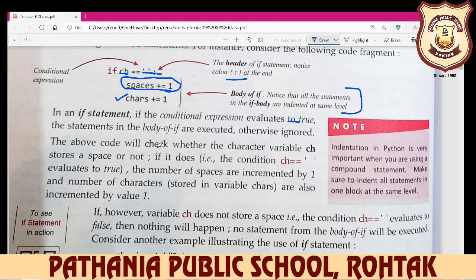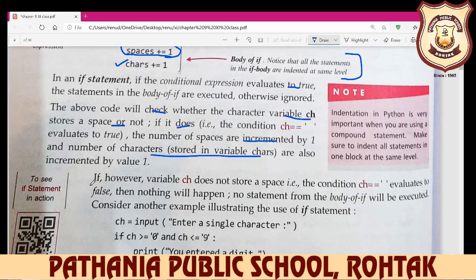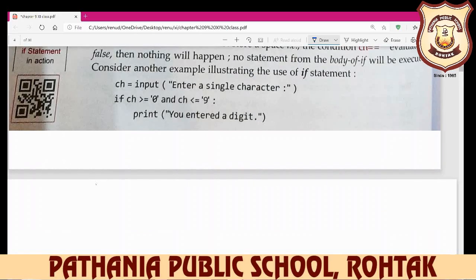The above code will check whether the character variable ch stores a space or not. If it does, the condition ch is equal to blank evaluates true, and the number of spaces is incremented by 1, and the number of characters stored in the variable chars is also incremented by 1.